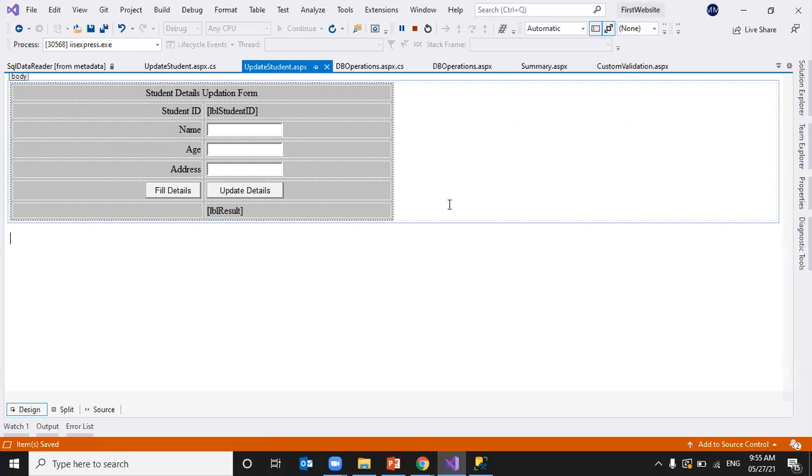Before that we will learn DataSet, then we'll jump onto data bound controls. We have different data bound controls in ASP.NET, among which the GridView control is most widely used. We will display all the student details, delete a student detail, and edit student details with the data bound control, GridView. We'll see that tomorrow. For now, any doubts?